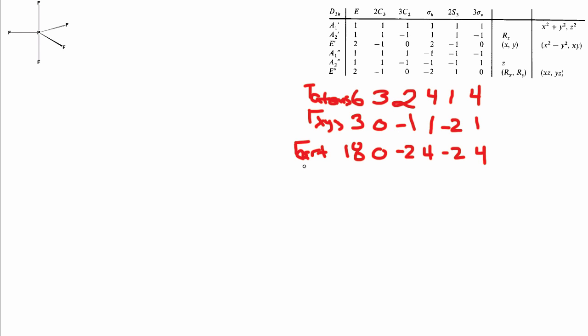The easiest way to apply the group theory to determine what the symmetries are is, instead of first subtracting out the E double prime, A2 double prime, E prime, and A2 prime from this reducible representation and then determining the vibrations, we can determine directly from here what all of the irreducible representations are, and then subtract all of these out at the end,